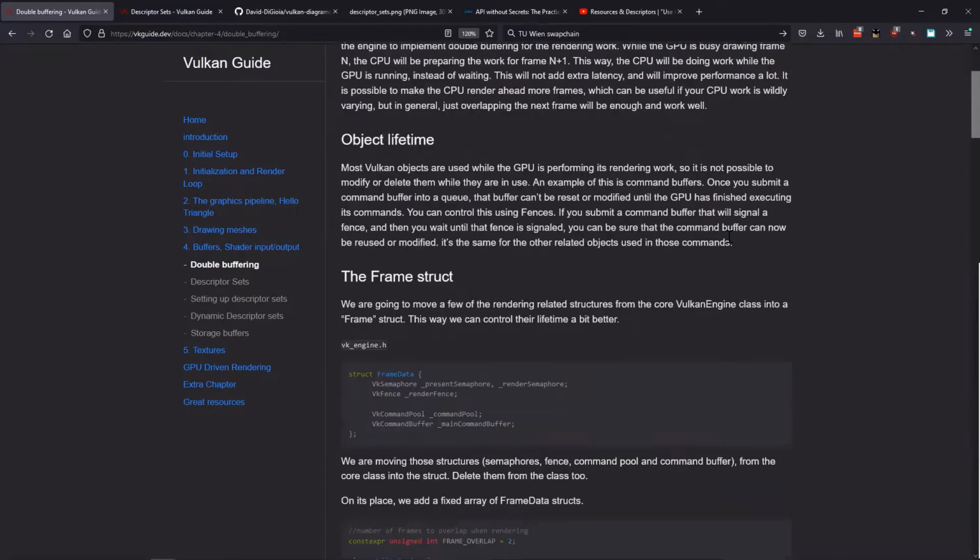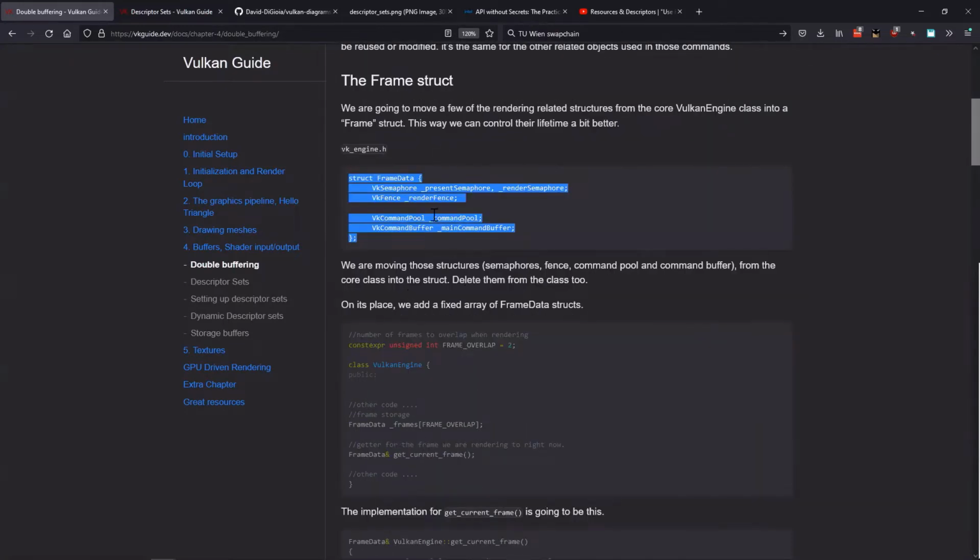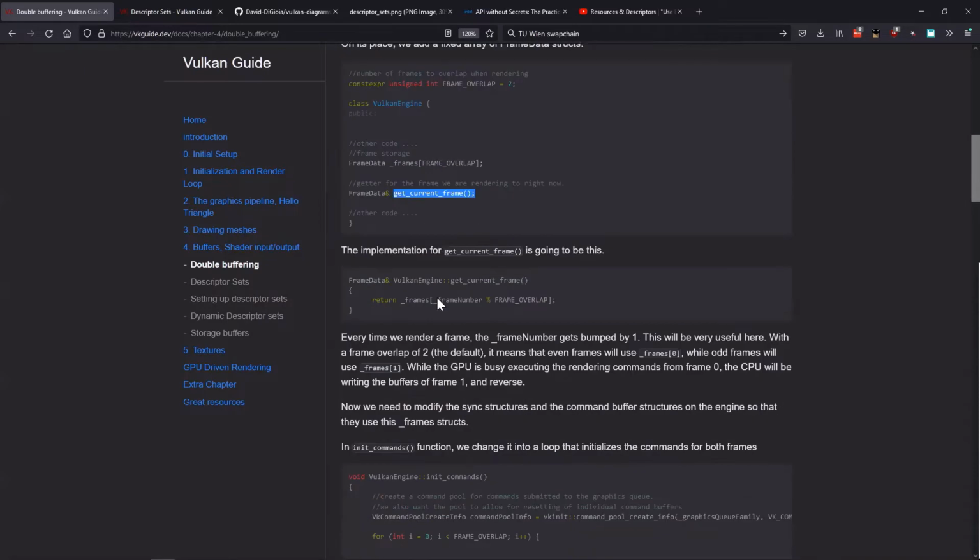To make that possible, we pretty much just duplicate all of our resources, specifically semaphores, fences, command buffers, command pool. We throw all that in a struct, and then we create an array of that struct. Whenever we want to render frame X, we use a function to get frame X's data. And if we want to render frame X plus 1, we just increment the